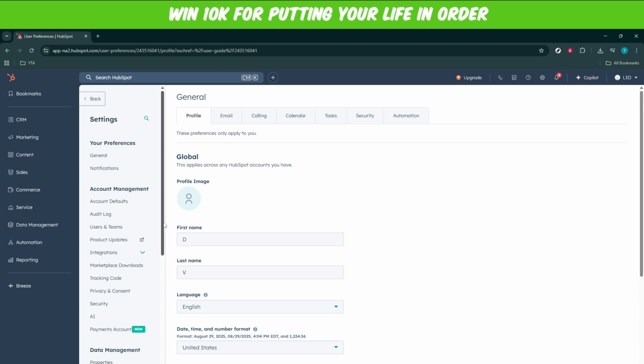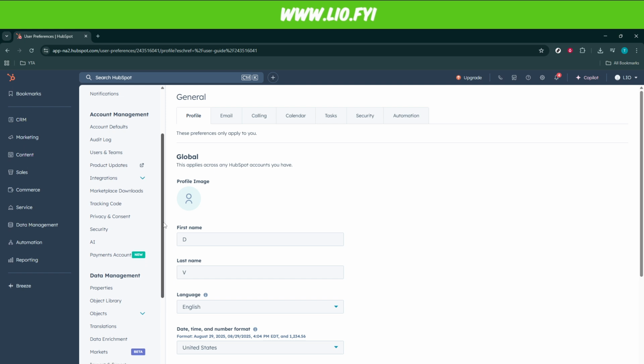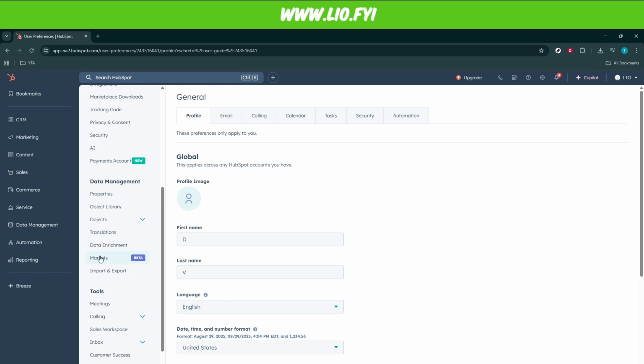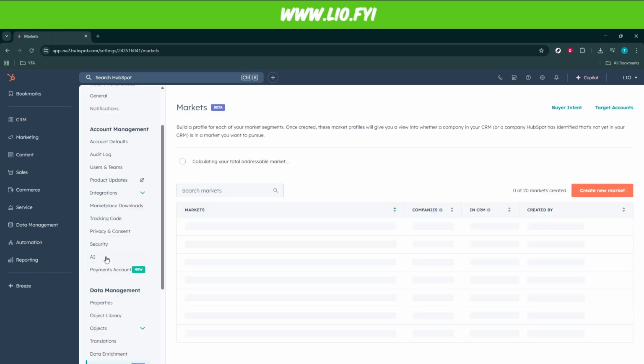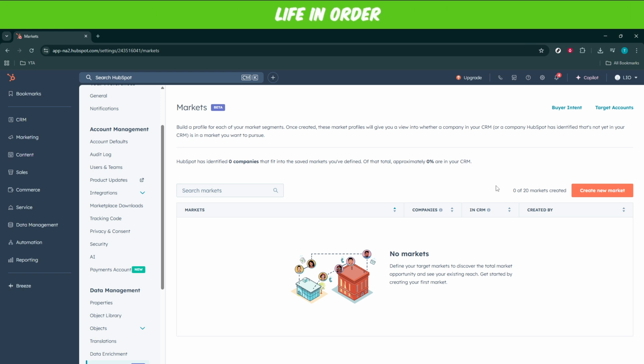After accessing Settings, you'll see a variety of customizable features. Look for the section labeled Markets. Clicking on this will lead you to the area where you can manage or create market-specific information. This is where you tailor the platform to align with market-specific strategies. By customizing markets, you can cater to different geographical locations or customer segments, ensuring that your marketing initiatives speak directly